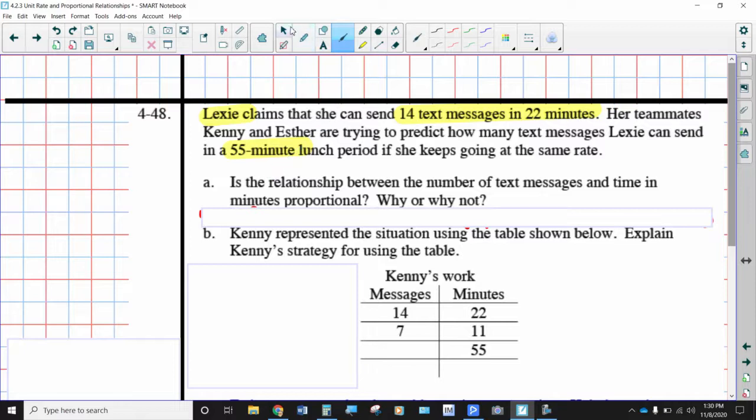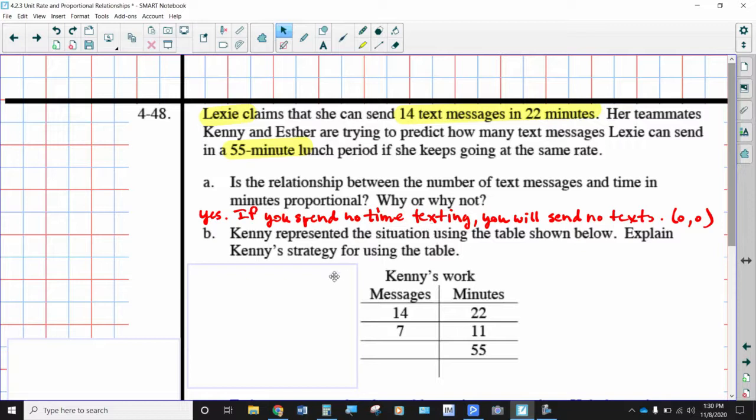If she spends no time texting, will she send any text messages? No. So 0, 0 absolutely applies. And can we assume that maybe she texts at a constant rate? It does say here if she keeps going at the same rate. So that implies a constant rate. So yes, we will call this